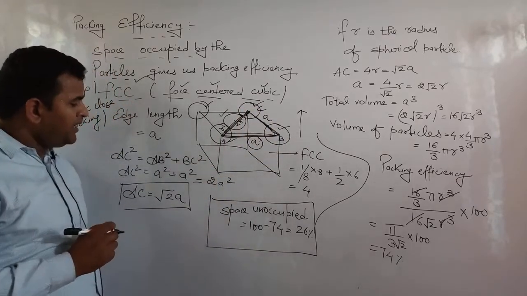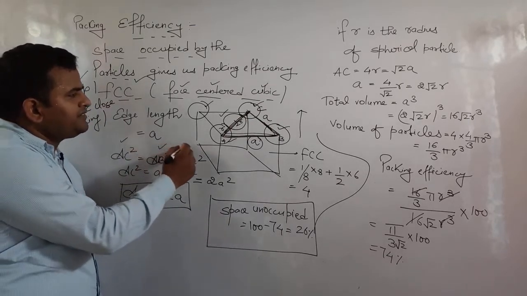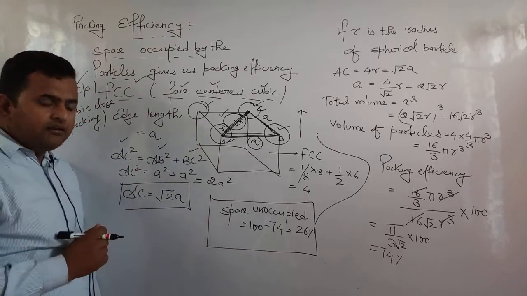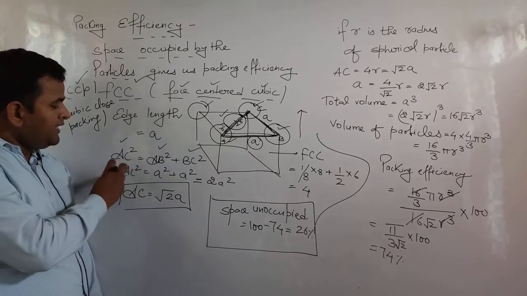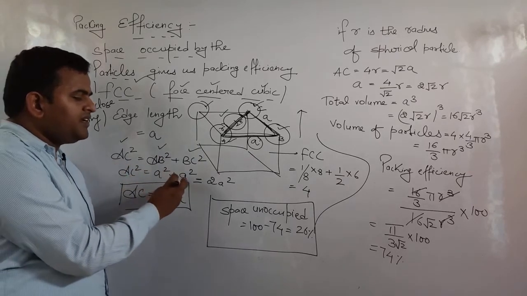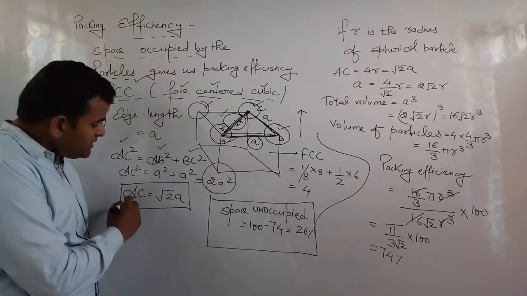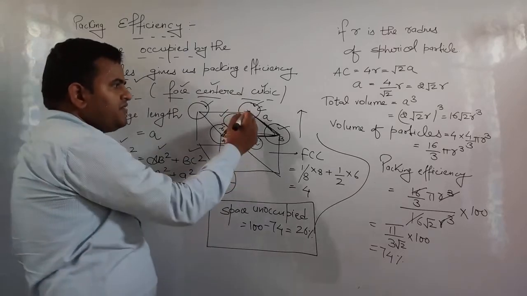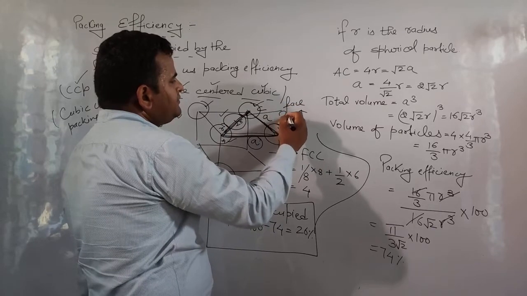So we can apply the Pythagoras theorem here, that is AC squared is equal to AB squared plus BC squared. Now when we apply this, you can see that AC squared is equal to a squared plus a squared, which gives us 2a squared. So AC, the value of this particular diagonal, which is also known as the face diagonal, is